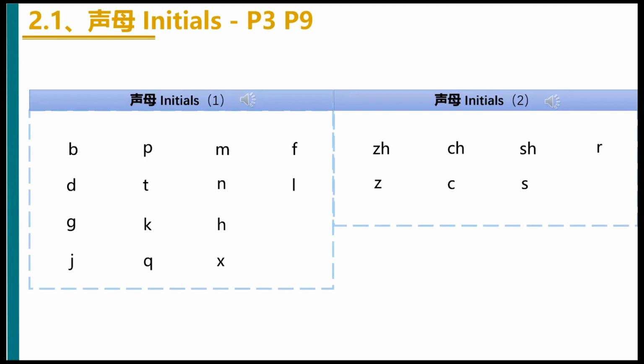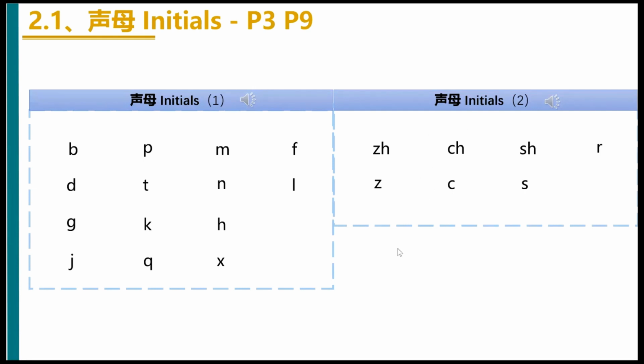Initials 1. 波 坡 摸 fu 的 te 呢 了歌科呵鸡七西。 声母2 Initials 2 知吃诗日滋呲丝。